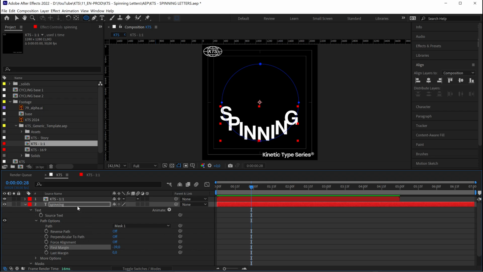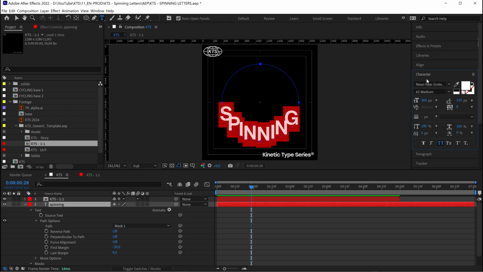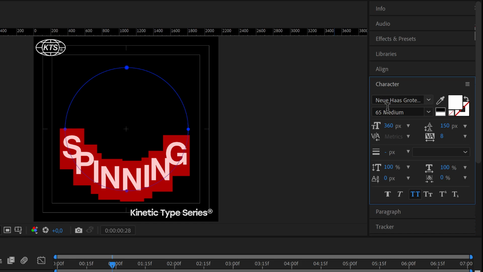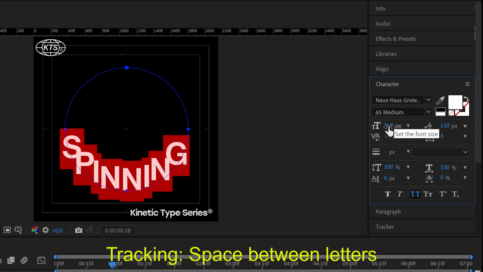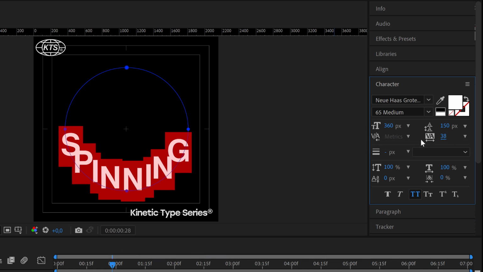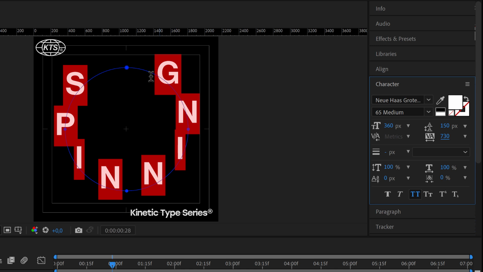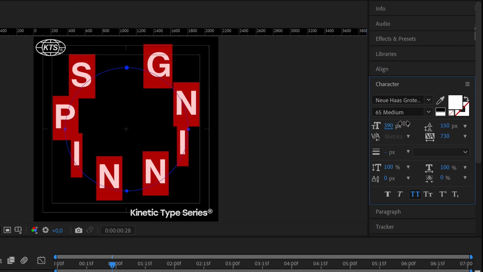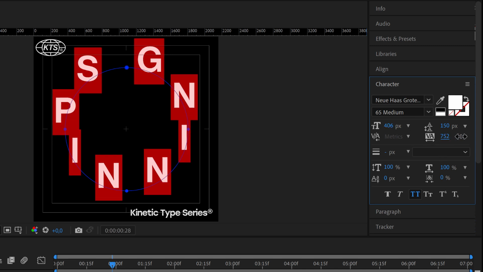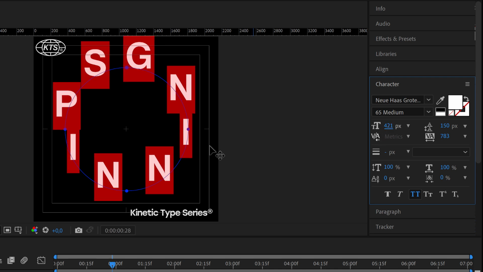Okay, so the next thing that we are going to do is if we click twice on the layer, the character or text controls are going to be here on the right. So we are going to play a little bit both with the tracking and with the size of the letters. So let's open the tracking here in this control. Something that really allows to distribute the letters throughout the path, and also I'm going to make them bigger. So it's these two things working together what are going to give us this nice even distribution of the